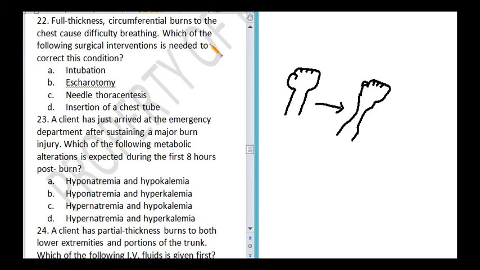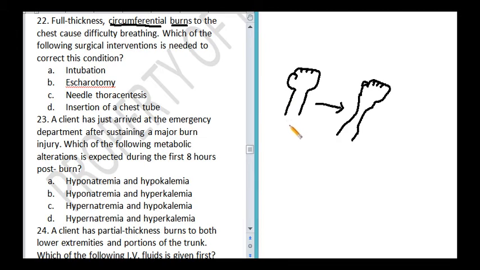number 22. Full thickness circumferential burns to the chest cause difficulty breathing. Which of the following surgical interventions is needed to correct this condition? A. Intubation. B. Escharotomy. C. Needle thoracentesis. Or D. Insertion of a chest tube. So let's go back to the history. It says circumferential burn. If it's a circumferential burn, it means the burn affected the entire